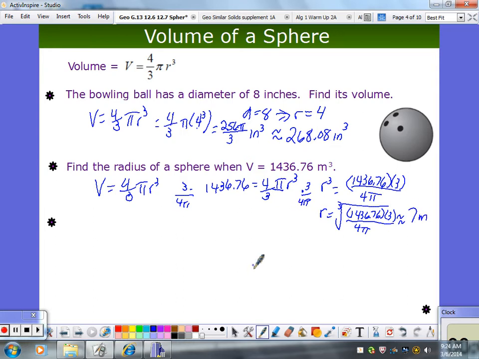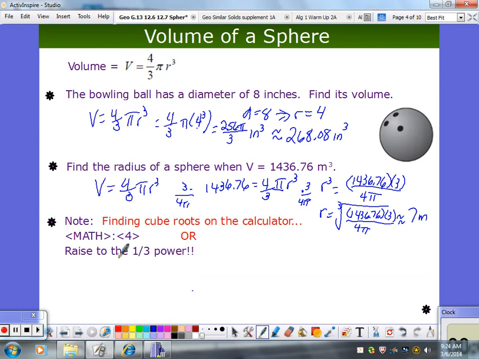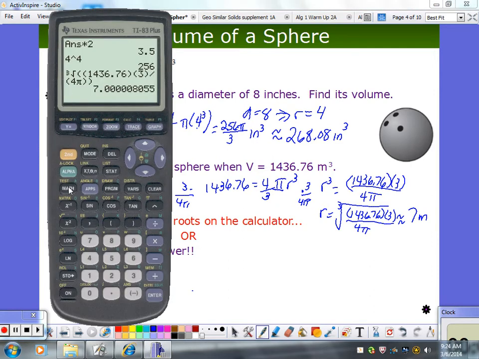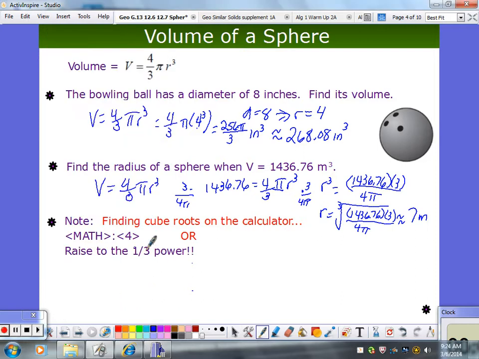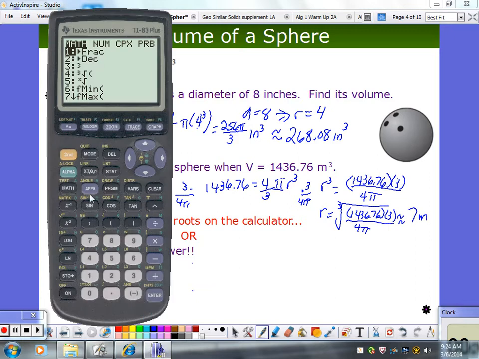Okay, how do you get the cube root? Good question, and I'm so glad you asked that. To find the cube root on the calculator, you press math, and you look at number 4, where it shows a 3 and then a radical sign. That's cube root. Or, you don't know this yet, but you can also raise it to a power. Like if I want the cube root of 27,